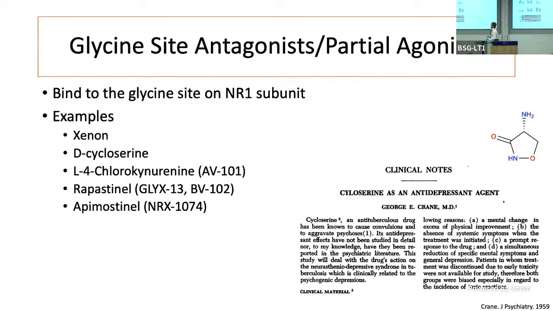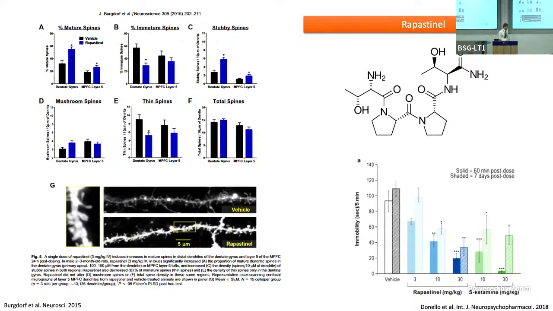The other one I want to touch on is rapastinel, and that's because we have a lot to learn from rapastinel, I think, and we all need to take a critical look at this. In all of the preclinical assays that are done and are still the gold standard in depression, the synaptogenesis, the forced swim, this stuff looked like the greatest thing since sliced bread. I mean, just synaptic spines coming out of the microscope field, growing out of the rat's ears and nose. Stuff was amazing. For swim, weeks later, the mice are just like, seriously, it looked so good.